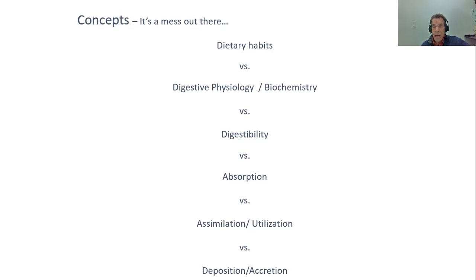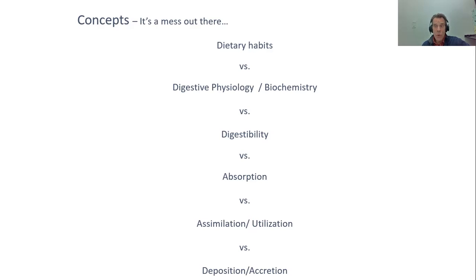You feed something to the animal, you measure it as being present in the feed, you collect the fecal material, and you find that this nutrient is not present or has been reduced in the fecal material. So therefore, you imply it was digestible. It disappeared. Digestibility is not a measure of absorption. It goes hand in hand with absorption because the digested nutrients will likely be absorbed, but it's not a measure of absorption.